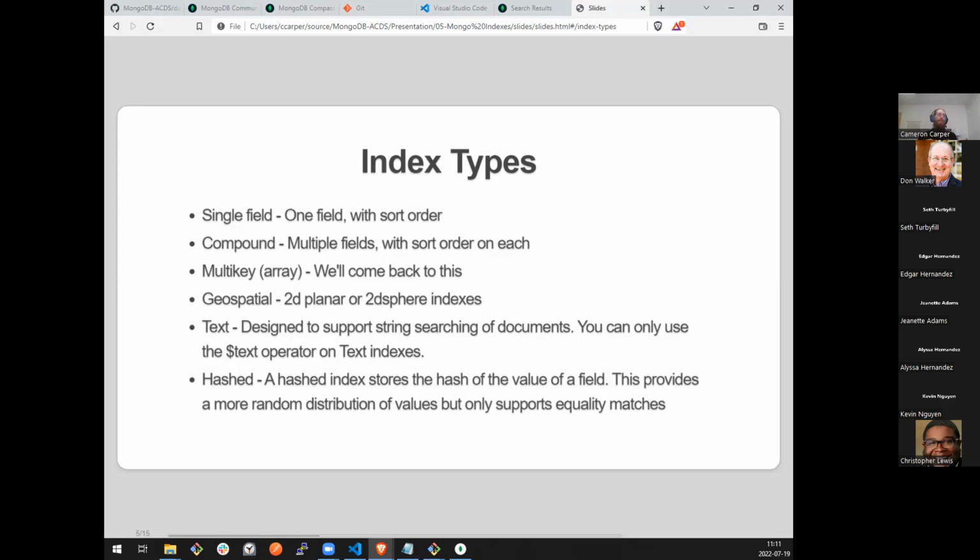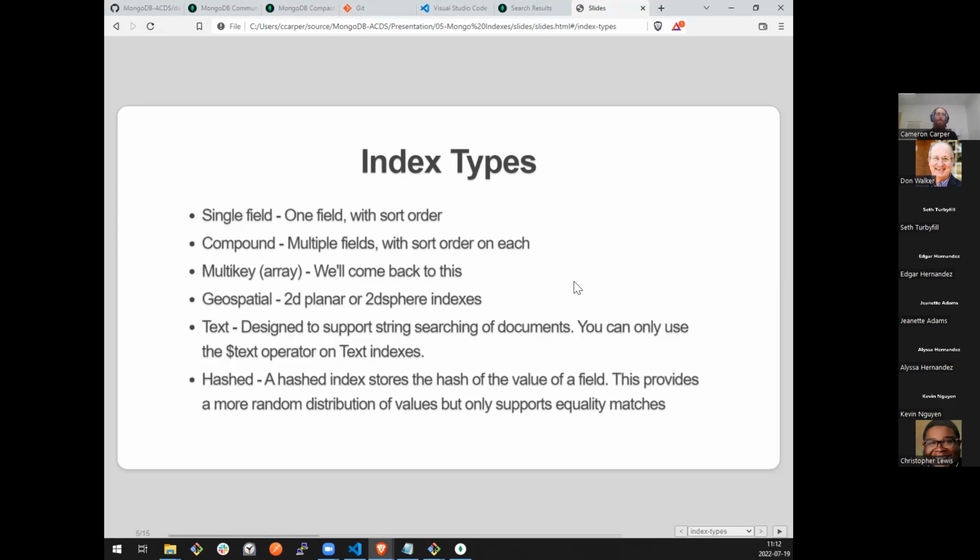So we can have, say, name and address, or name and gender, or address and maybe name and email address would make more sense. So that if we know we're routinely going to query on multiple things at a time, say where a person's name is this and their email address is this, it would make sense to create an index that contains both of those fields.